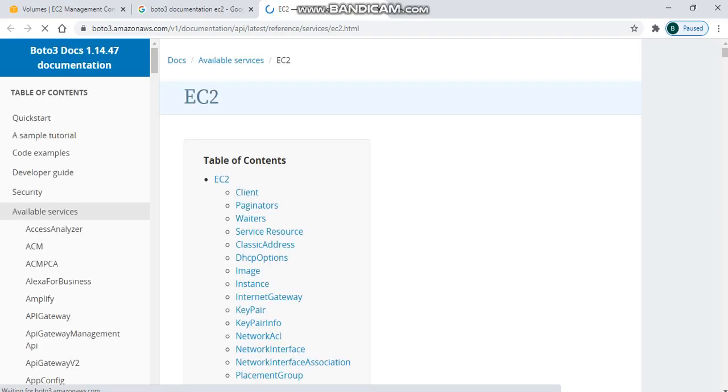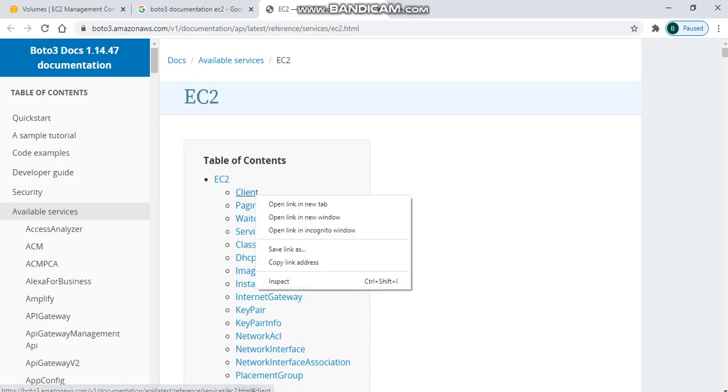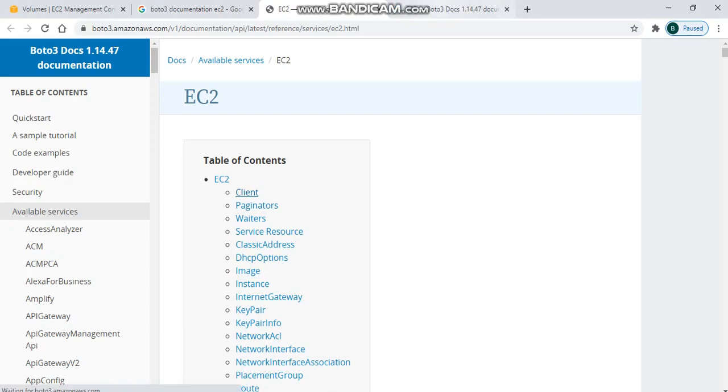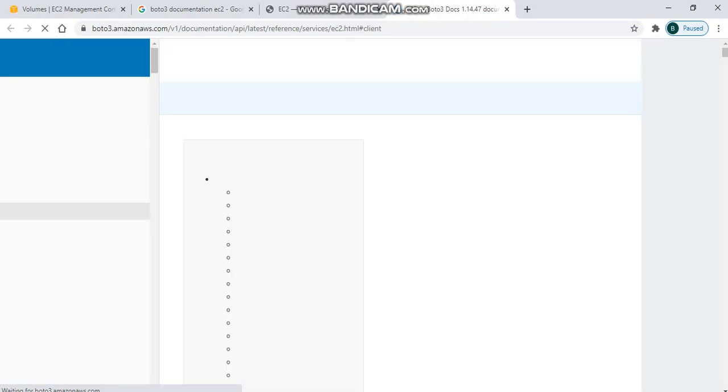Here you can create client object as well as resource object, but here I'm going to create client object. Let me open the client object methods. Somewhere I can see describe volumes, which will return all the volumes from my account. Let me open.